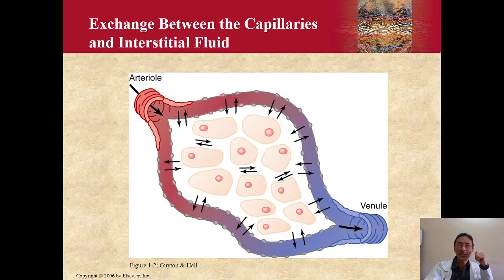For example, oxygen moves at the arteriolar end from that capillary into the surrounding white area. The white area or the light brown, light red area is the tissues. So glucose, oxygen, sodium and the other contents will move from the capillaries into the tissues at the